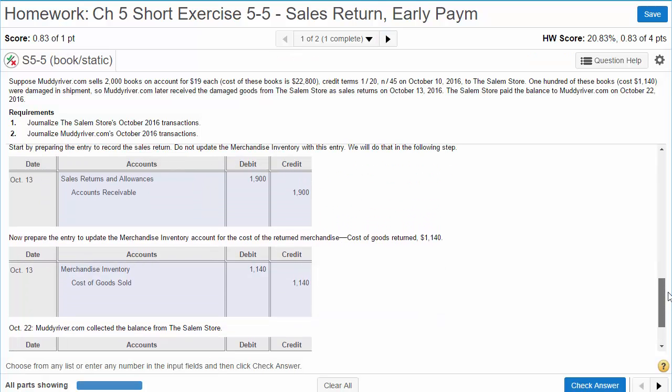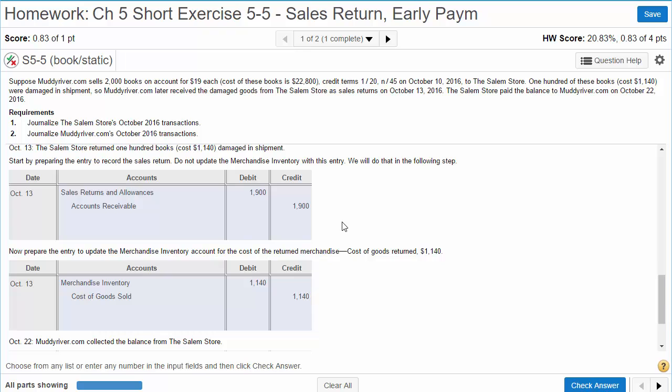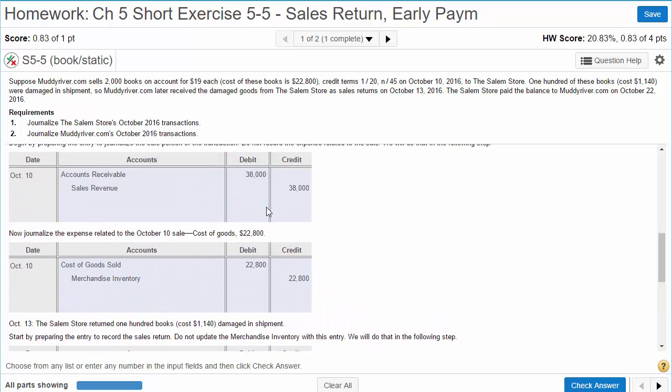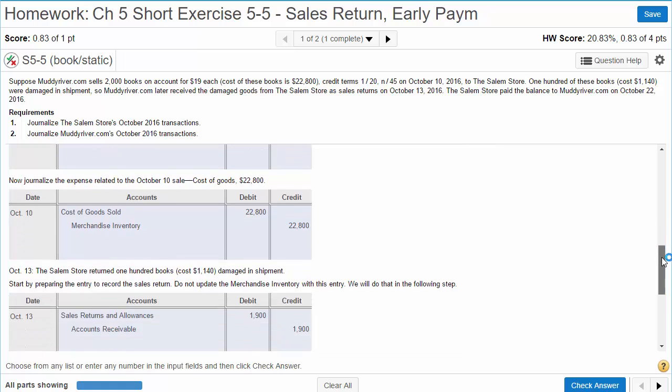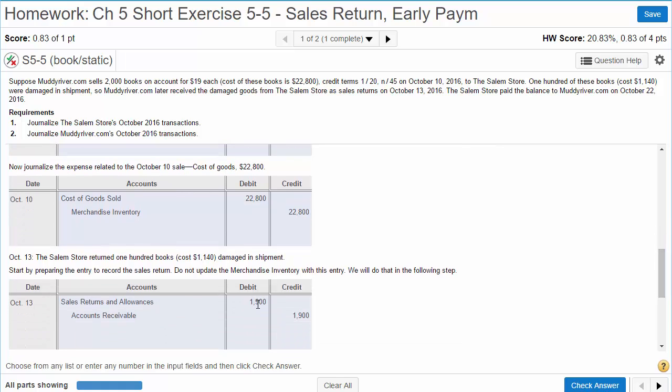So the easiest way for most students to figure out how to do the sales return, remember sales return is when a customer is returning to us, is they just look at the sale and then they reverse it, with the exception being instead of debiting sales revenue, we would debit this sales returns and allowance. All right. Now,